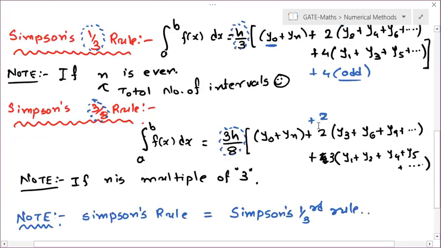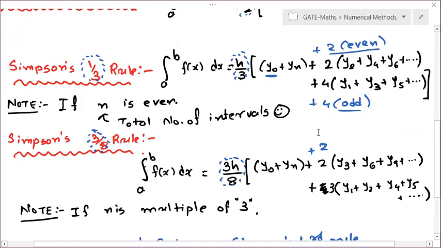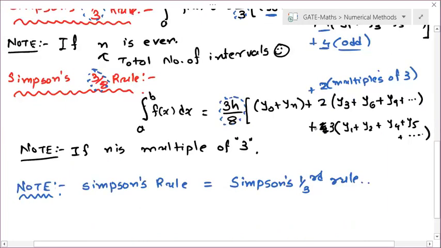Here you have to remember that 2 is common. In trapezoidal, with 2 we have taken the remaining terms. Now with 2, all even numbers. Now in the 3/8 rule, with 2 I am taking all multiples of 3. You can remember the 4 like this: 2 into 2, 2 into 2 even, that's why it is 4. And here we are taking multiples of 3, so that's why I'm taking 3. Just to remember, you can remember it like this. With 3, you have to take the remaining terms. I hope all these formulas are clear to you.